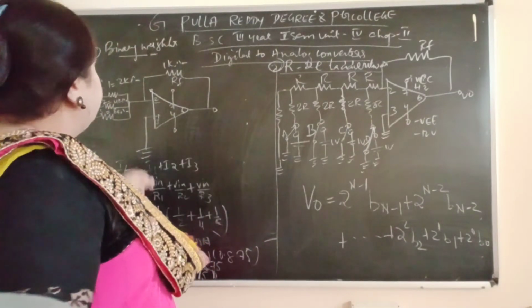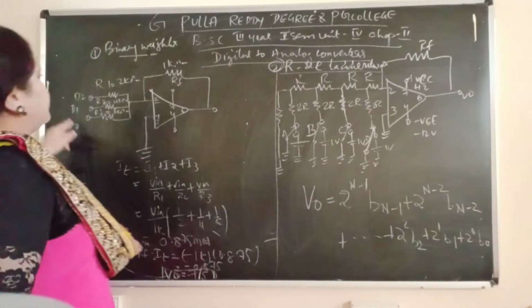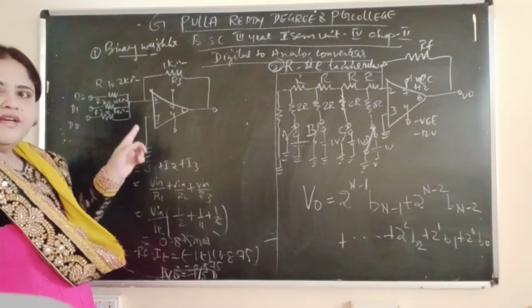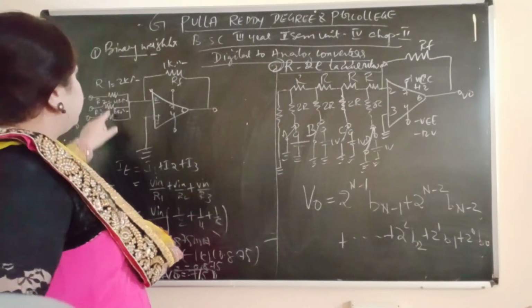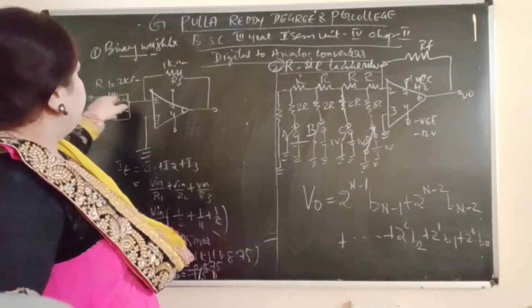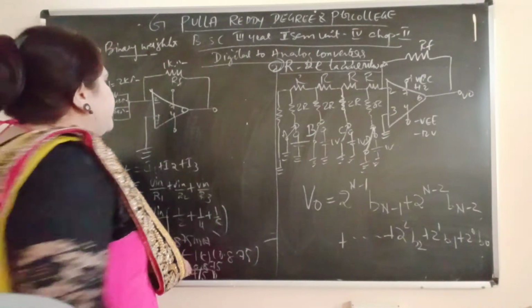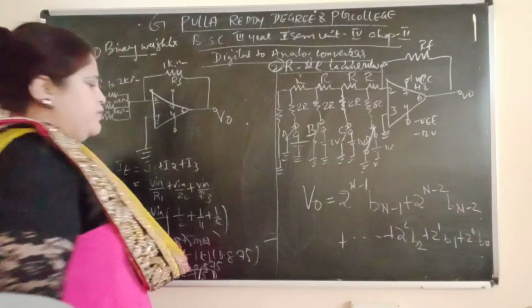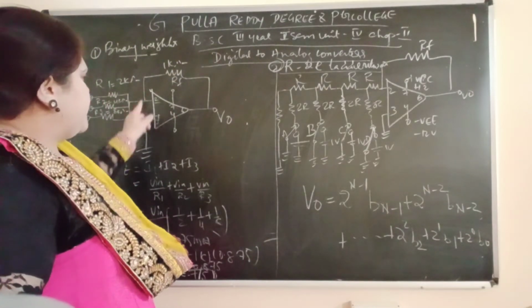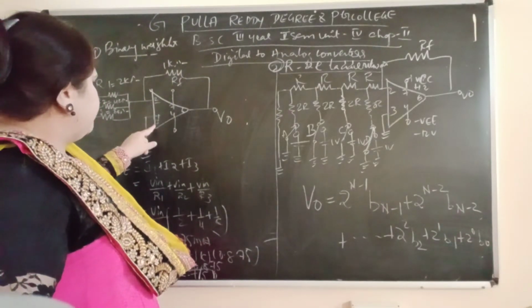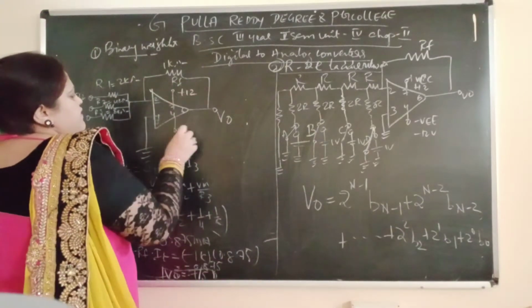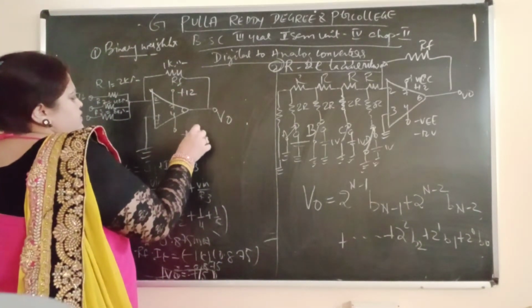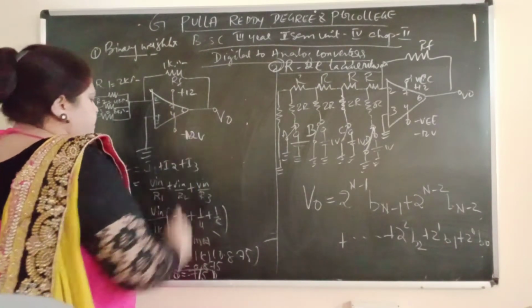So now first we will draw this circuit. This circuit you have already studied in second year. It is a summing op amp. I am using 3 resistors, all of this will be added and you will get the final output. The op amp symbol has inverting, non-inverting, grounded, plus VCC, plus 12 volts, minus 12 volts. Then the sixth pin is output.